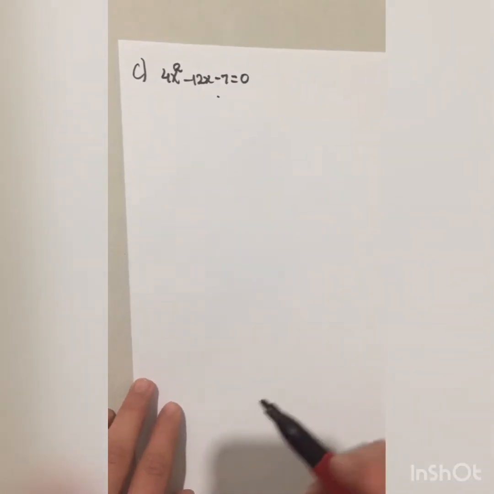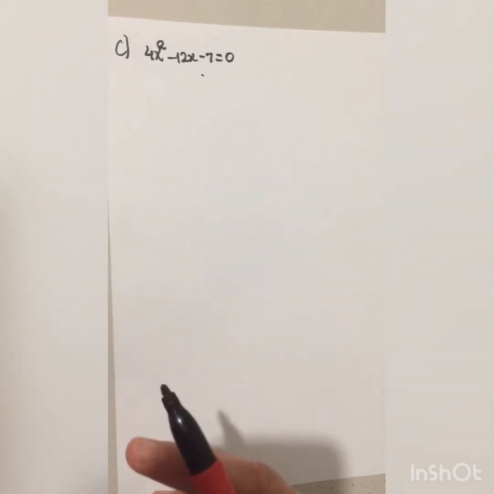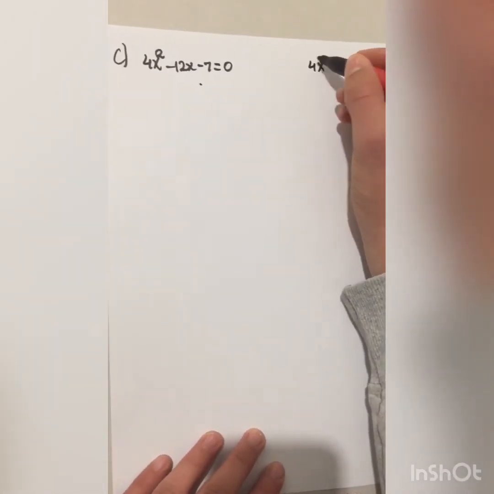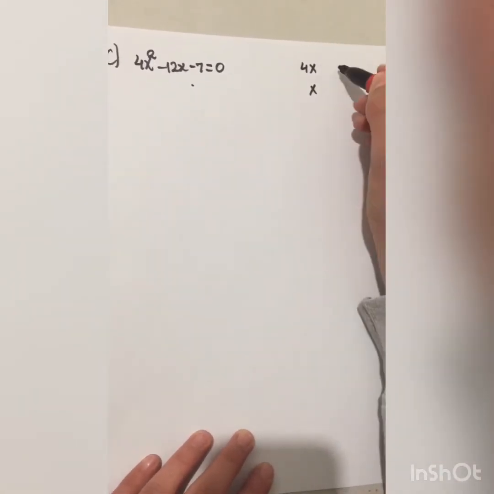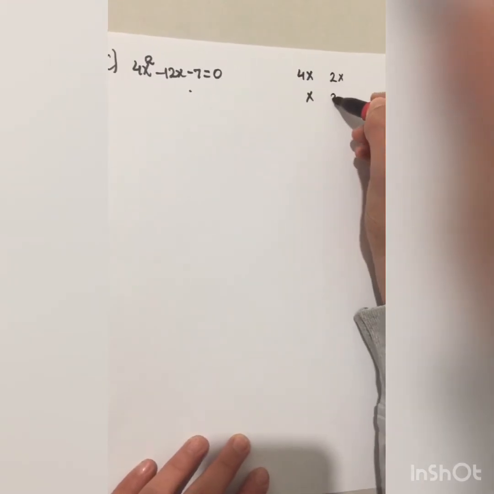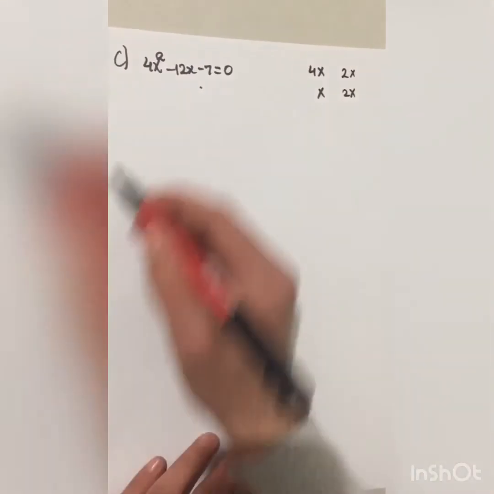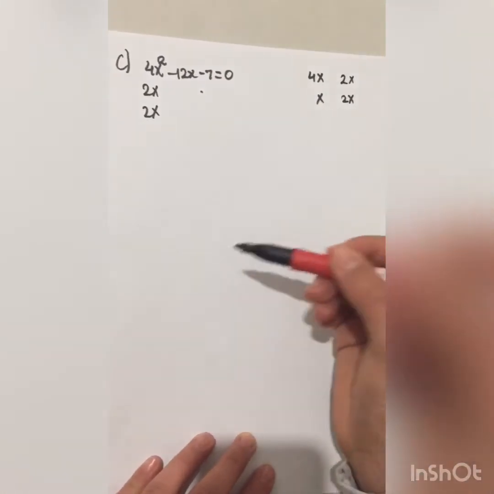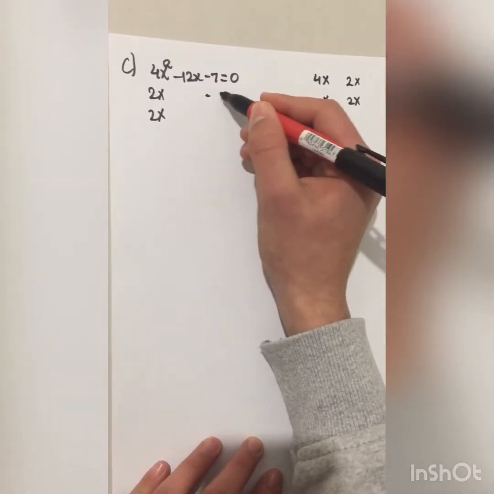But here it is a bit more complicated, because 4x squared can be written as 4x times x and also 2x times 2x. In this case we are going to use 2x times 2x because it fits the task, with minus 7